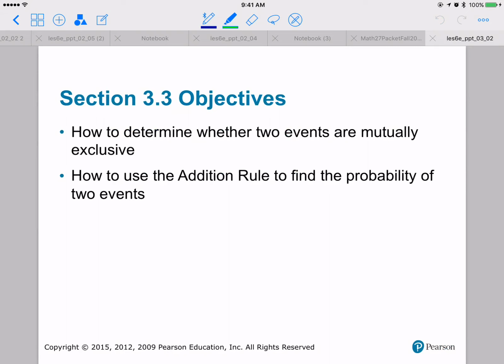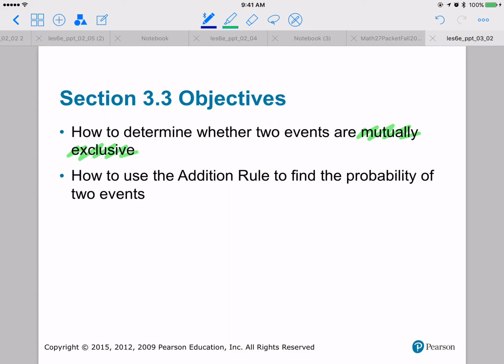The first is to figure out how to determine whether two events are mutually exclusive. And the second is to figure out how to use the addition rule to find the probability of two events occurring. Okay, so I would like to point out here that when we say mutually exclusive, keep in mind that